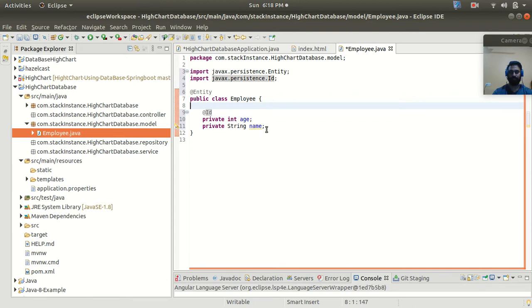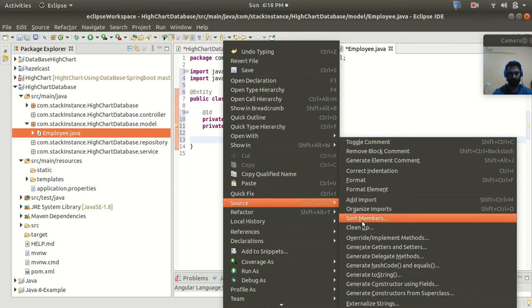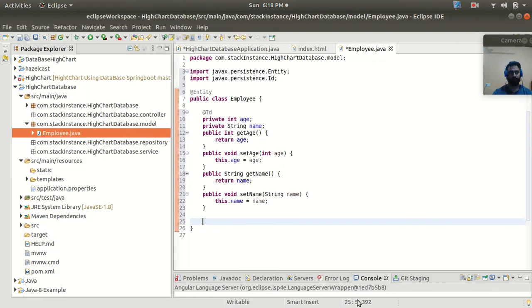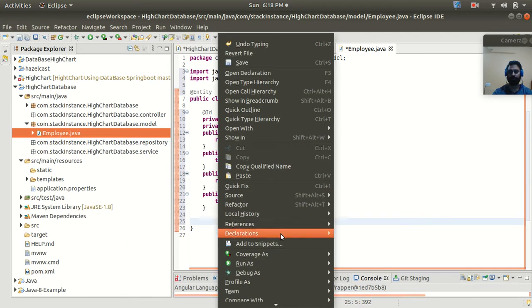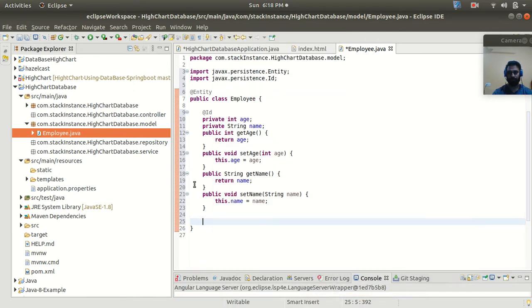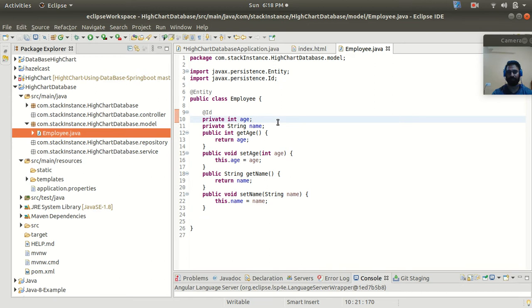Yeah, now it's fine. So let's generate some getter and setter methods. Yeah, fine. So here I'm done with the model class, and now I will create one repository.